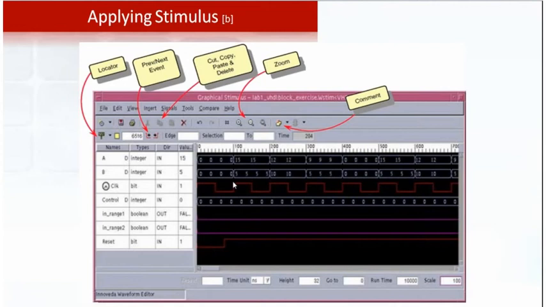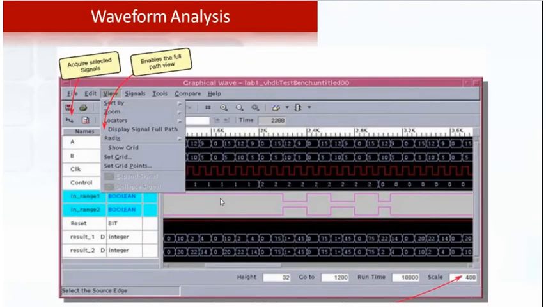And this is the way we apply the input. Once the test vectors are applied and the simulation is done, we will have waveforms, and the generated output waveform will look like this. Since these two signals are selected here, the background is different; otherwise it will have the same background like this. This is how the waveforms will be based on the input that we have generated, and this is how we get the response for that particular design.